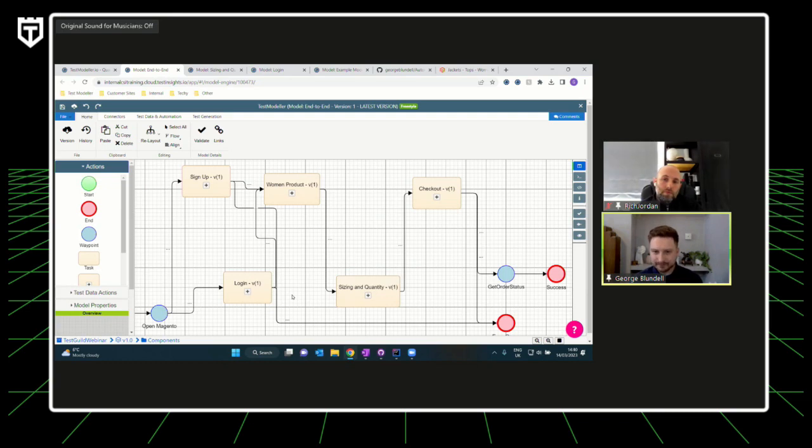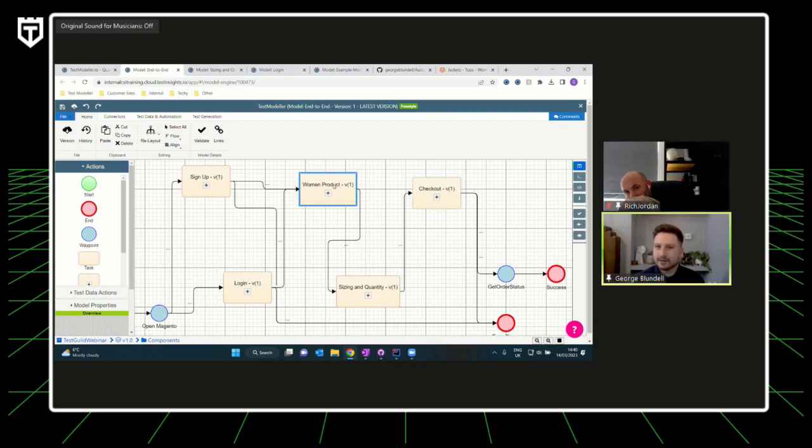Then you get the ability to create a map of what is happening in your application. This becomes living documentation, because then you can say, what if I change something in this flow? What impact is that going to have? Immediately, by looking at this model, I can see there's going to be some kind of direct impact to perhaps the next flow, sizing and quantity. And if we think downstream, what if something changes that the checkout flow needs from inside of the woman product flow?